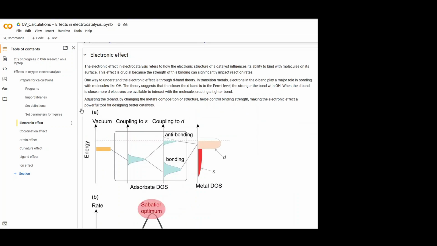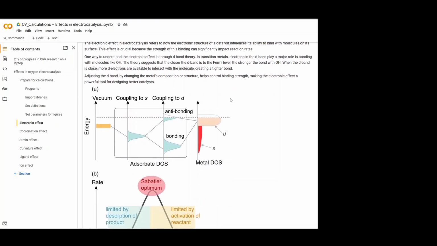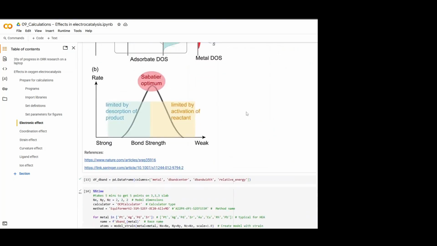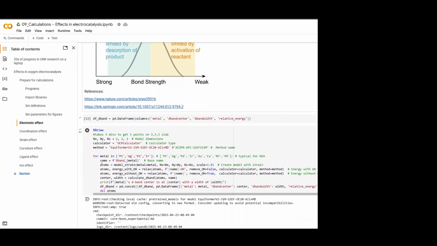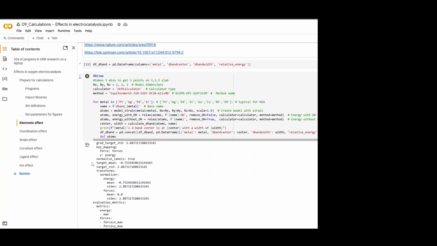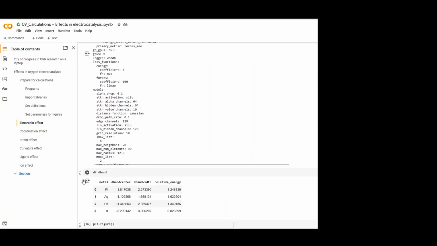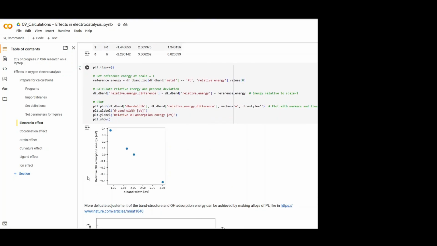For instance, the electronic effect is very well known. It can be related to the electronic structure, to the Sabatier principle. What we essentially do, we choose some metals and we calculate their electronic properties and OH adsorption energy. Then we plot it. And we discuss that silver, palladium, platinum and iridium are usually used to make a composition of high entropy alloys. That's exactly for the reason to weaken the OH adsorption on platinum by some meaningful value,